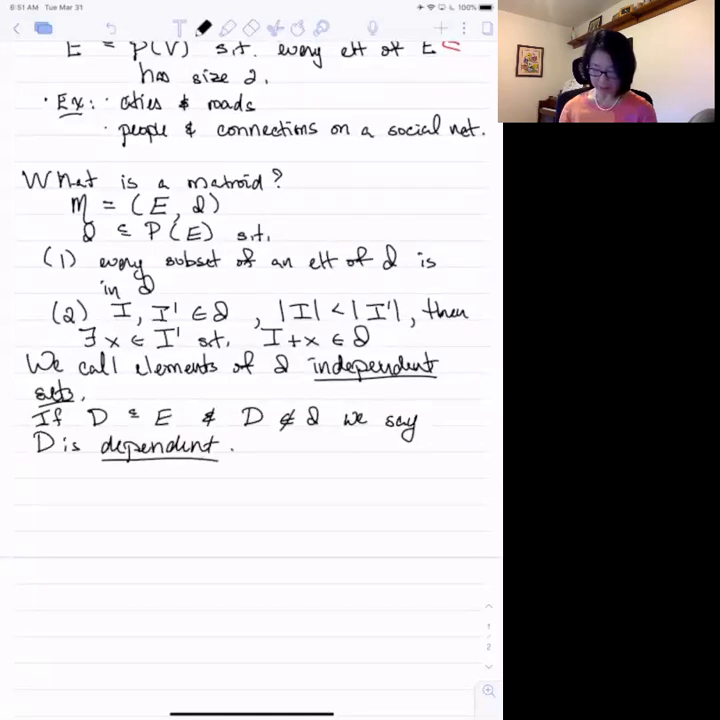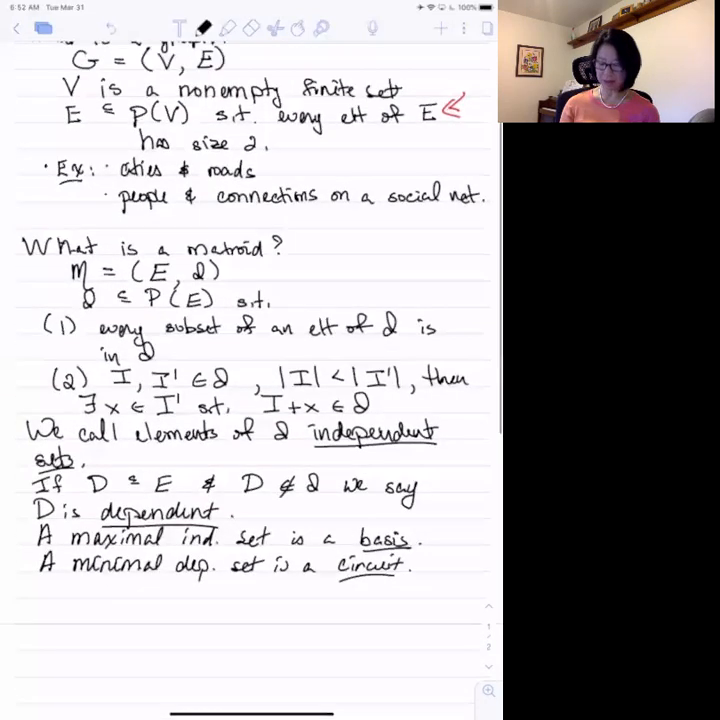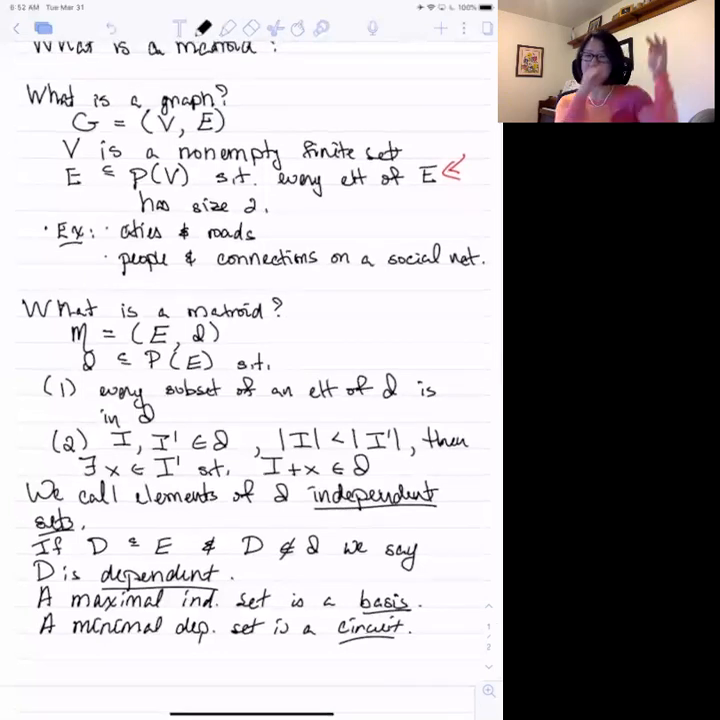And we also know two more definitions: a maximal independent set is defined to be a basis, and a minimal dependent set is a circuit. Okay, and what we talked about in the office hour yesterday and what's in the video lectures is that